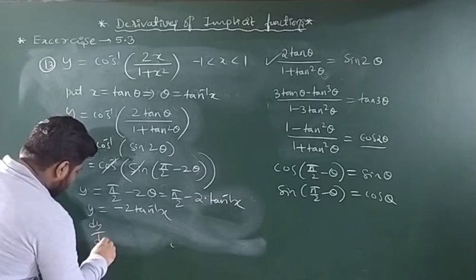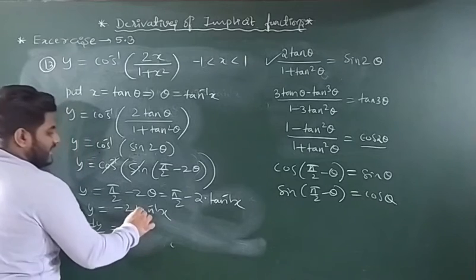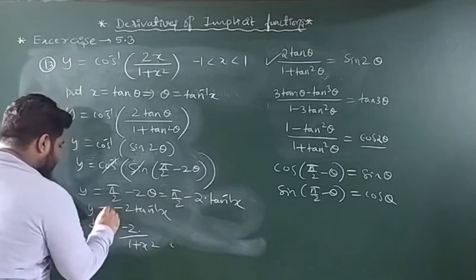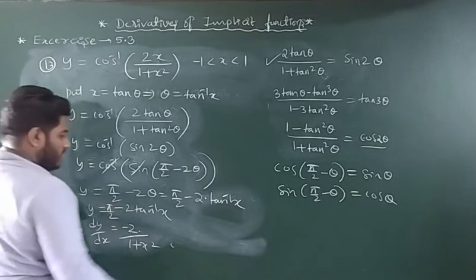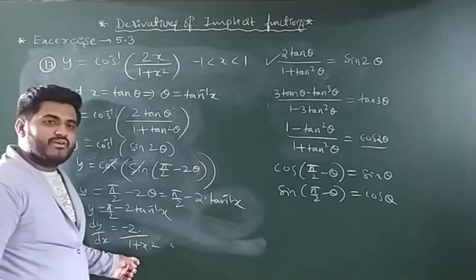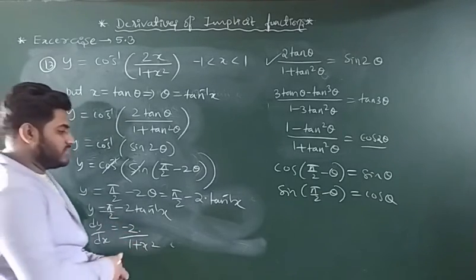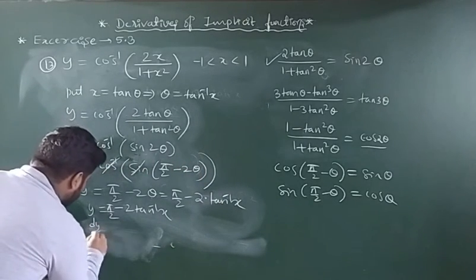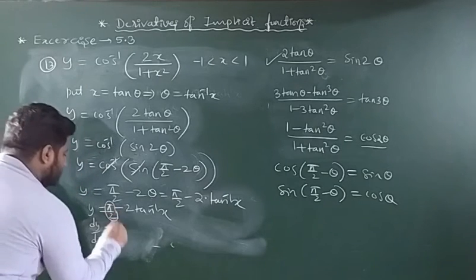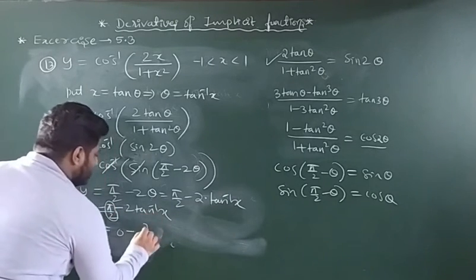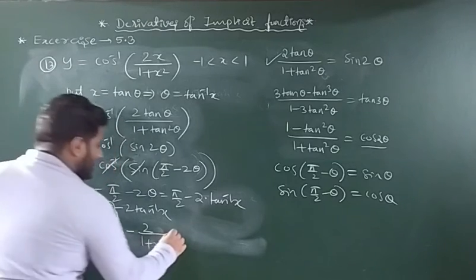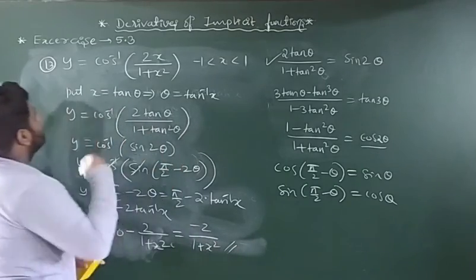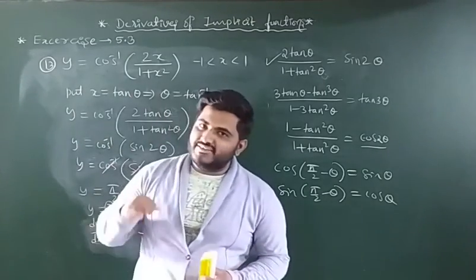Differentiation of this one is dy by dx equal to minus 2 as it is. Differentiation of tan inverse x is 1 by 1 plus x square. So here pi by 2 is there. You can write the differentiation of pi by 2 as 0. So 0 minus 2 divided by 1 plus x square is minus 2 divided by 1 plus x square. If you didn't understand, you can write that step also. dy by dx equal to differentiation of constant is 0, minus 2 as it is, differentiation of tan inverse x is 1 by 1 plus x square. So what are you getting? 0 minus 2 divided by 1 plus x square, which is the answer for this question also. Same answer for the previous one and this one.